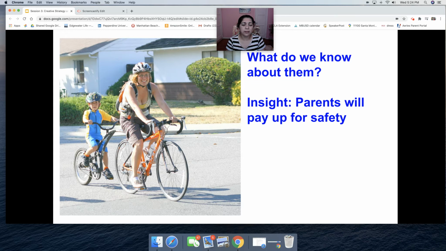And the mom says, oh, you won't believe it. He doesn't go anywhere without the helmet. I mean, he is so particular about safety. We love it. Wears it every day when he goes to school and everything. So yes, we would pay up for safety. If it's a great helmet, absolutely something that we would buy. Okay. So then they took permission from the mom to talk to the son